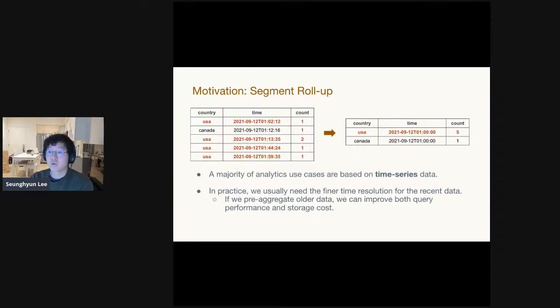Another feature that we wanted to add was data rollup. The majority of analytics use cases are based on time series data. And in practice, we usually need the finer time resolution only for the recent data. We usually don't need the full resolution for the older data. So in this case, we can round up the timestamp value and perform the aggregation to improve both query performance